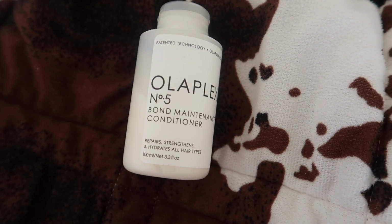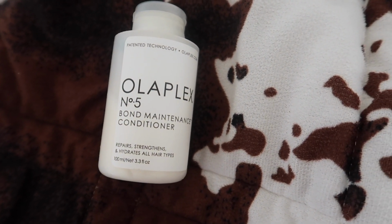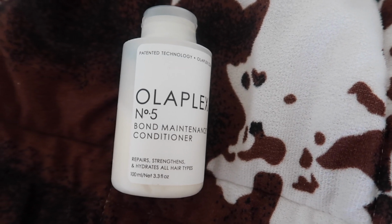The next one is the number 5, and that is the conditioner. Do not skip on the conditioner. If you're gonna get the Olaplex number 3, you have to get this one. So don't just try to use number 3 and then use a different conditioner that you have at home. As someone who goes through a lot of different conditioners, both from salons and from the beauty supply store, this is a legit conditioner. You're going to want this. It's really, really, really good. It'll help smooth out your hair. This is kind of like a